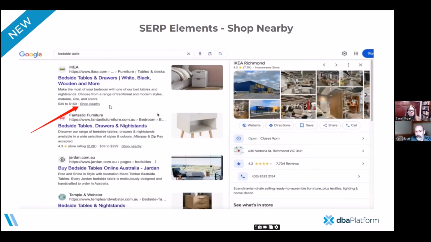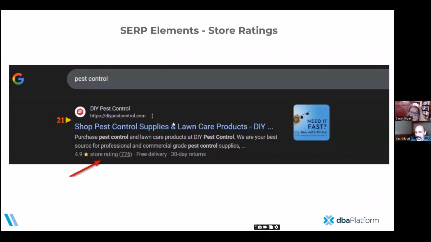And that's why I'm talking about it here, because it's e-commerce, but it's not necessarily e-commerce, it's commerce in general. If you have a store that sells things, we want to be able to have all the elements possible showing up in Google. And then if we come back here, so here's more of a local query of pest control,